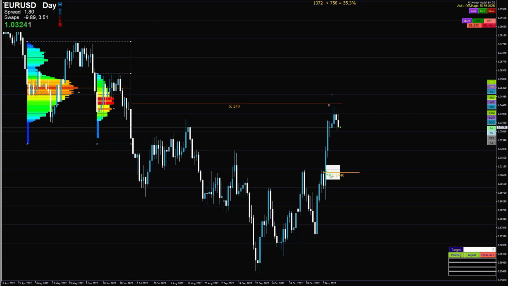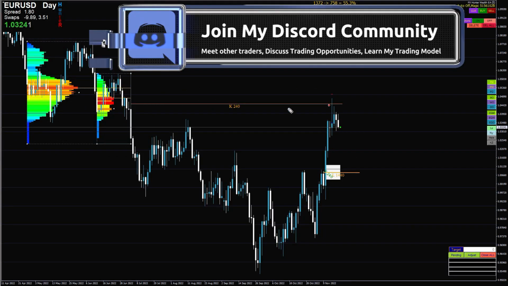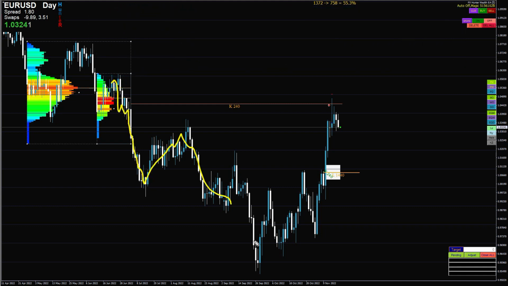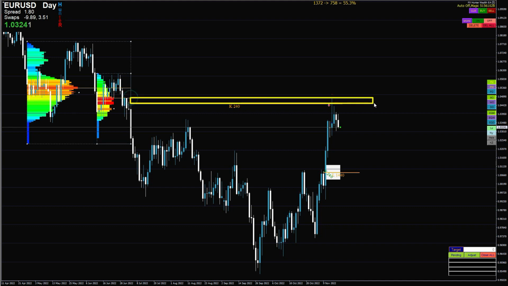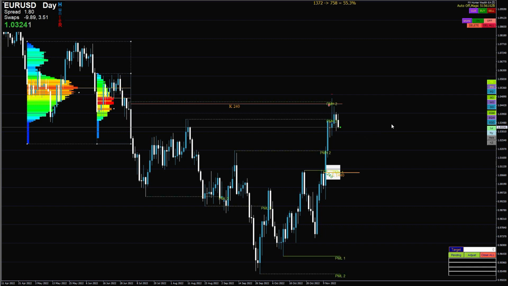All right, the next one is the euro. We can see that the euro has reached this important level from where we had this break and a continuation down, right? So this POC of this profile was reached nicely here, and you can see how perfectly it touched it and started to drop from here, right? Also, if we bring the previous month's high, we can see that the euro has taken out 1, 2, 3 previous month highs, right? So that's quite a significant move,